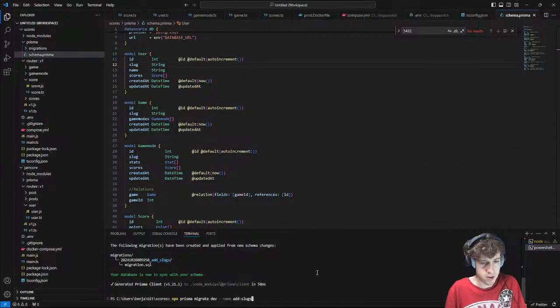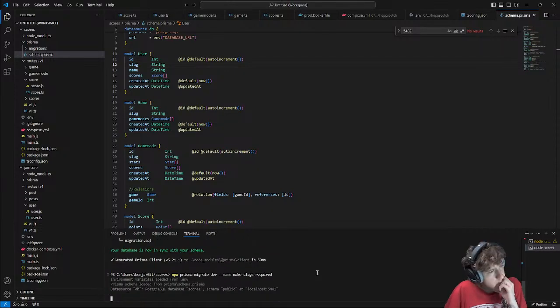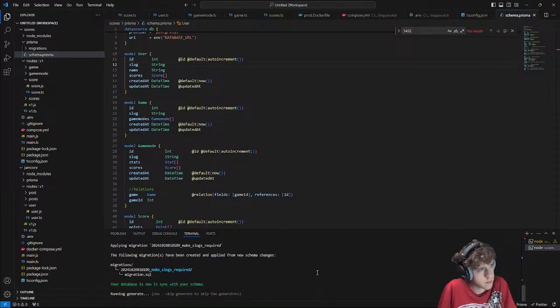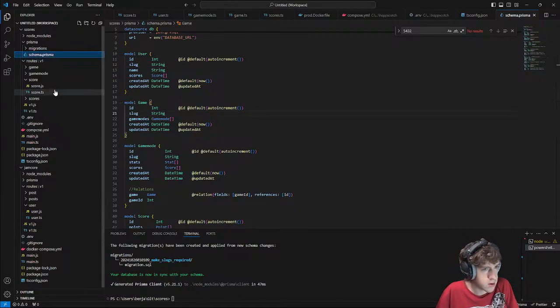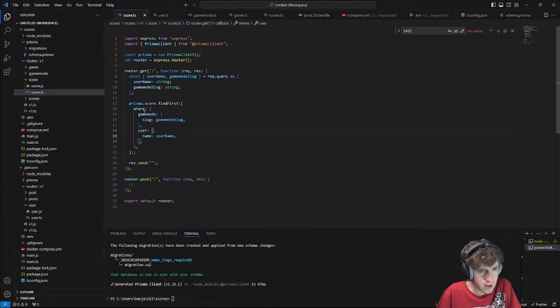Do another migration. Make slugs required. And then it will run this and hopefully work. There we go. It's been updated to match. And this no longer throws an error.